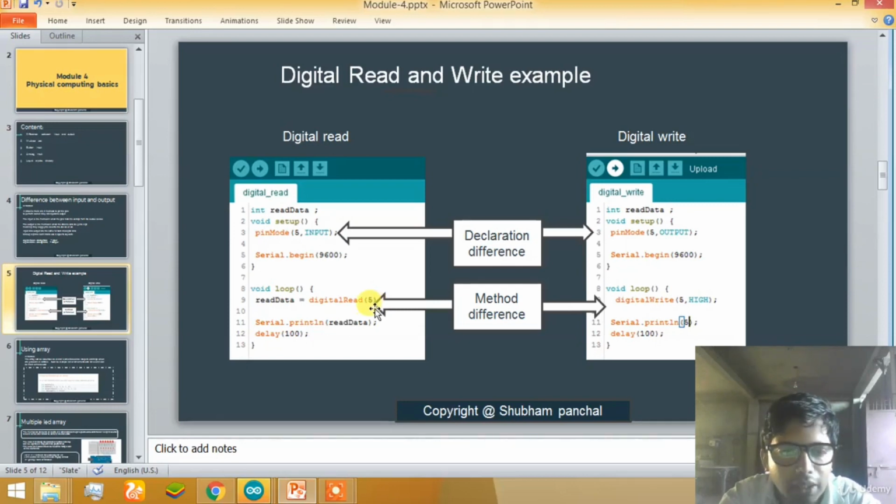Okay, and the same method, you can see the print value using the same Serial.println for digitalRead as well as Serial.println for digitalWrite. The method is the same. Okay, the next part is for an